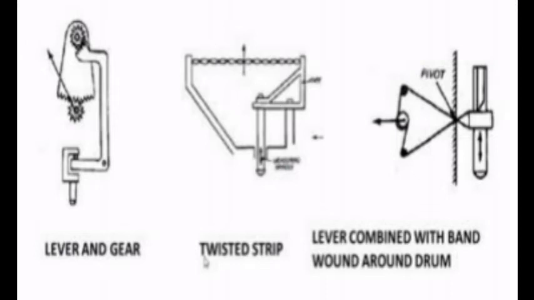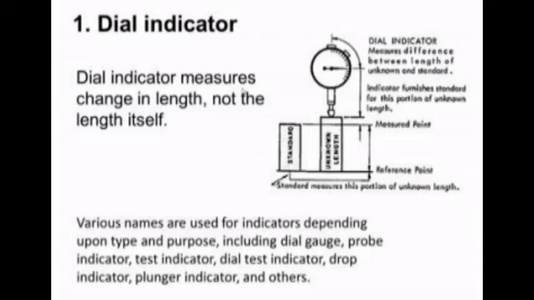So this is about the starting points of the mechanical comparators. Now let us study a very common type of mechanical instrument, the mechanical indicator. This is a dial indicator. In the second unit we have discussed this instrument, and once again we have learned about this dial indicator. This dial indicator measures change in length, and it does not measure the length itself. However, within its range of operation it measures the actual length of the workpieces.